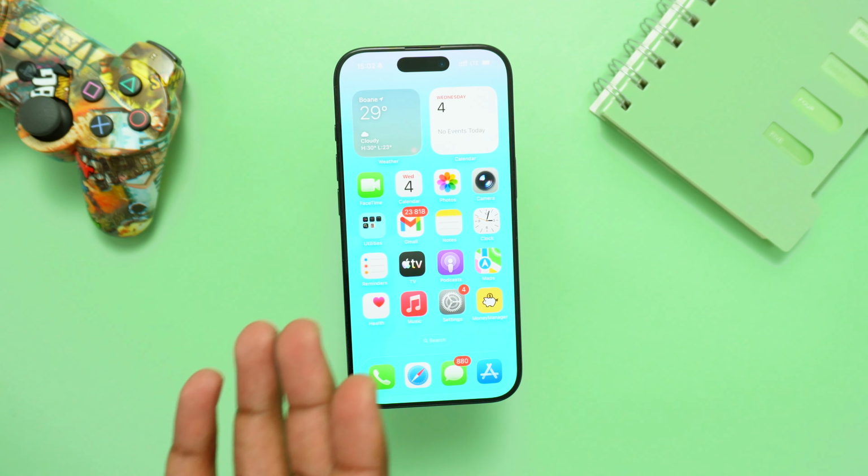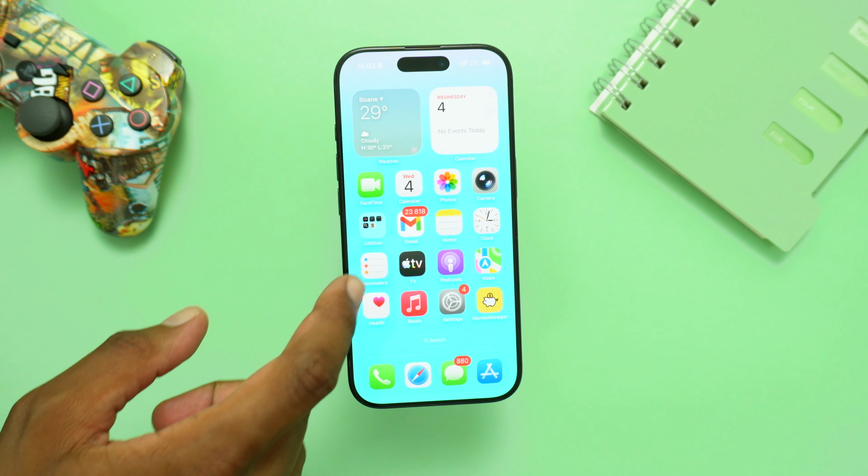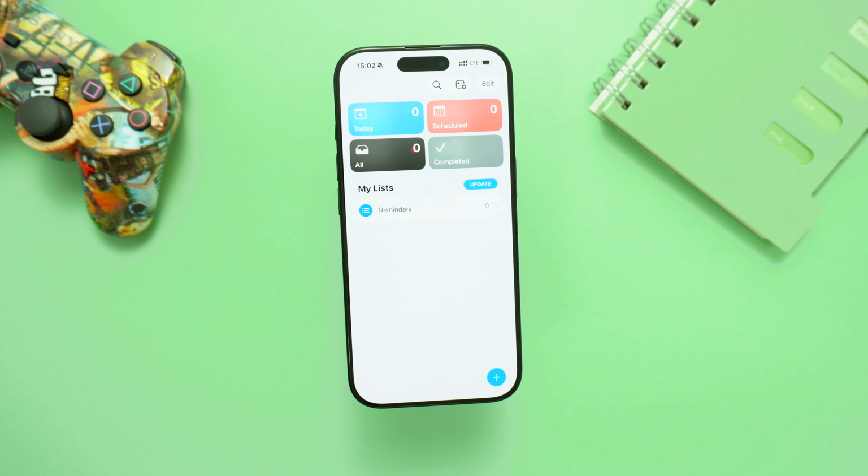In today's video, I'm gonna quickly show you how to correctly use the Reminders app on your iPhone